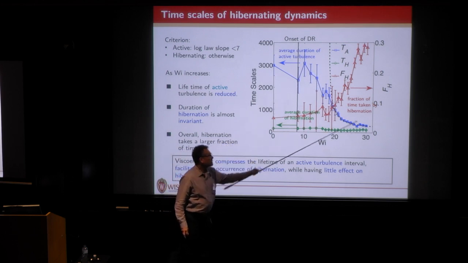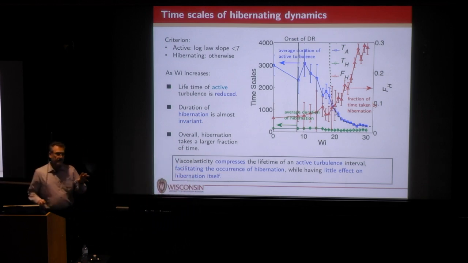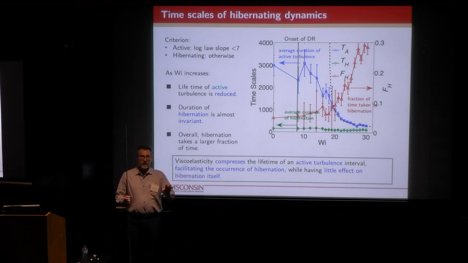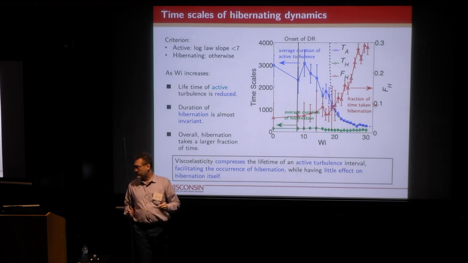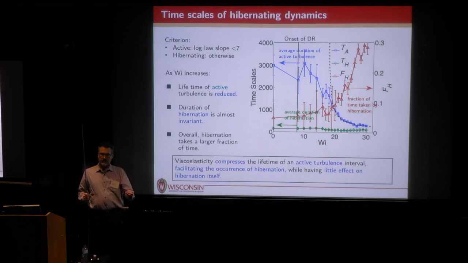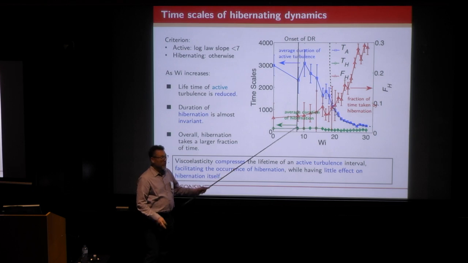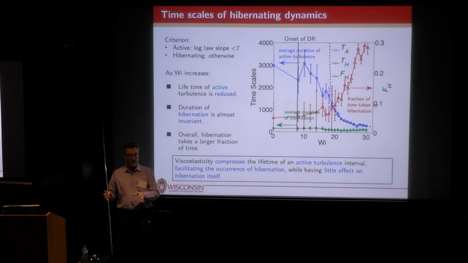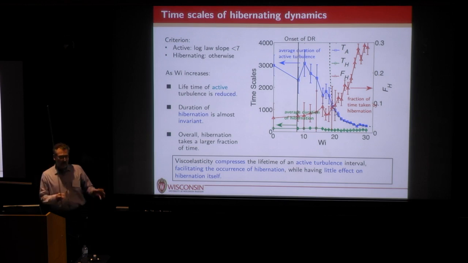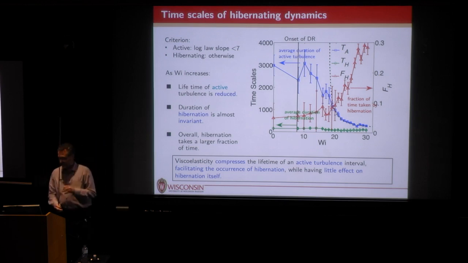and you see there's this nice curve. The picture of the near wall dynamics in this case is that you have these active intervals, which correspond to strong, highly three-dimensional streamwise vortices, and those get suppressed by the polymer dynamics, whereas these hibernating intervals, which are much weaker flow structures, they're not laminar. I'll show you the structures in a moment. They have much weaker flow structures that are not nearly as strongly affected by viscoelasticity.